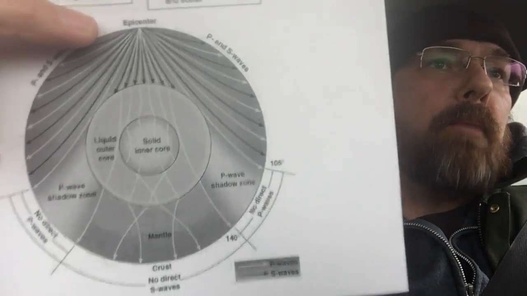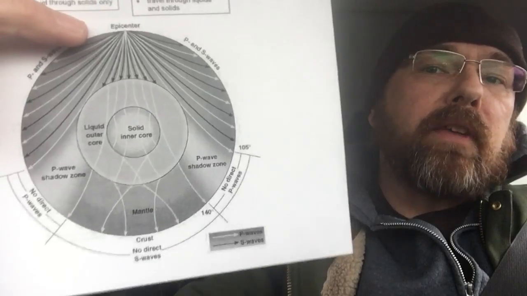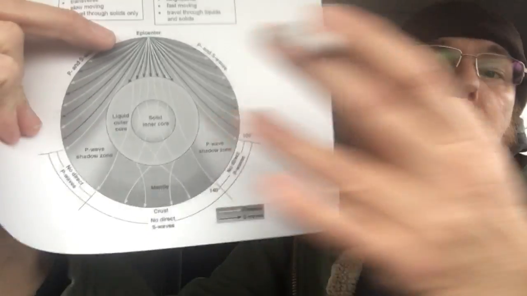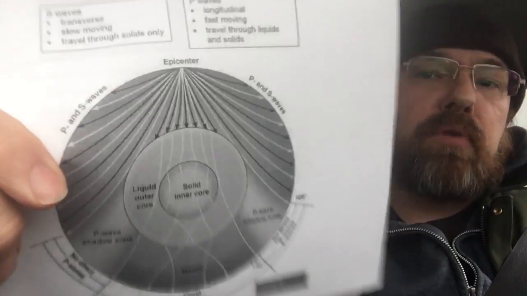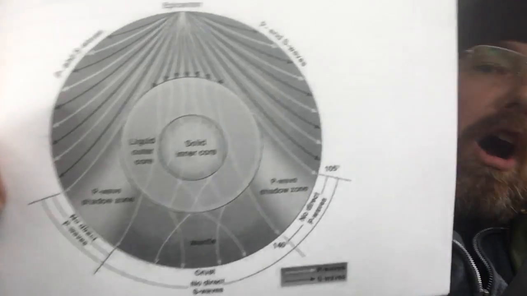And this shows you how P waves and S waves propagate. Notice S waves do not go through the outer core. That's how we know it's liquid. They will go through slightly because it's a very dense liquid under a lot of pressure. But the P waves, as you can see, both the shear and the pressure waves, the P waves, they go through the mantle. That's how we know the mantle's solid.